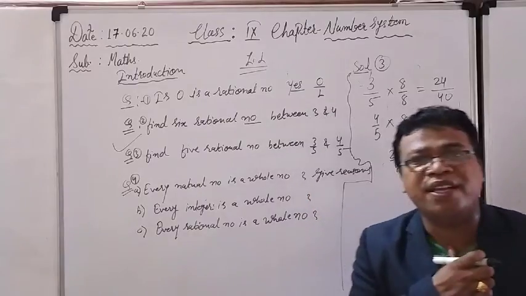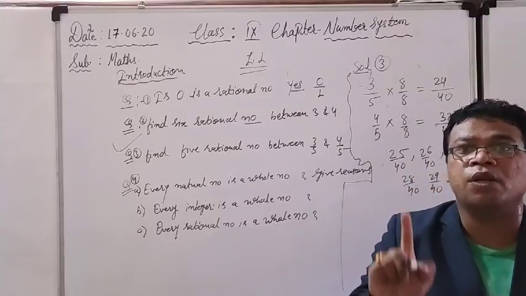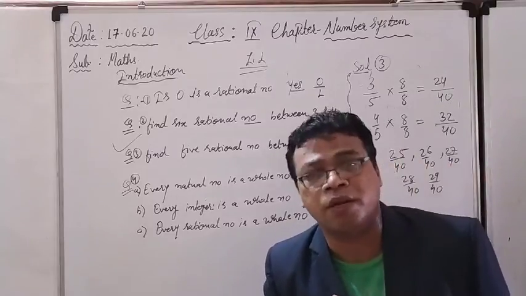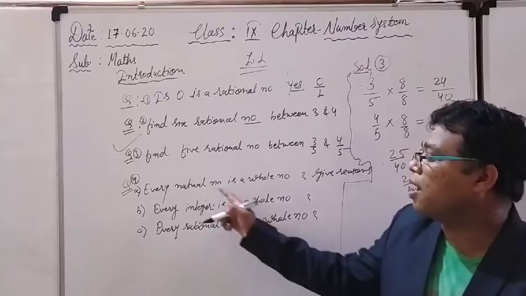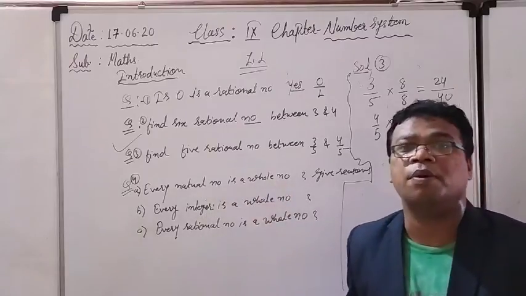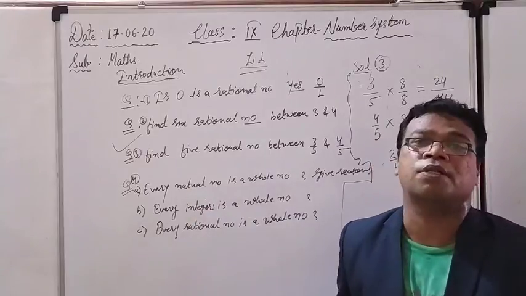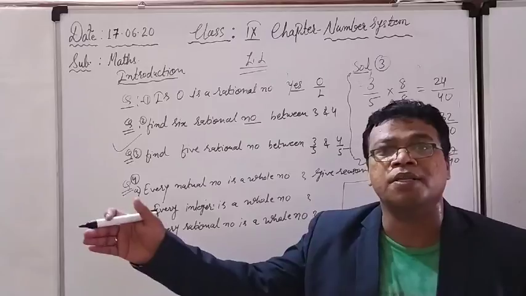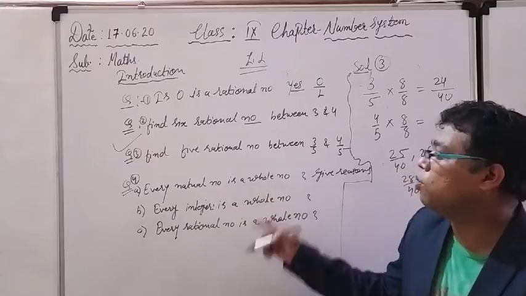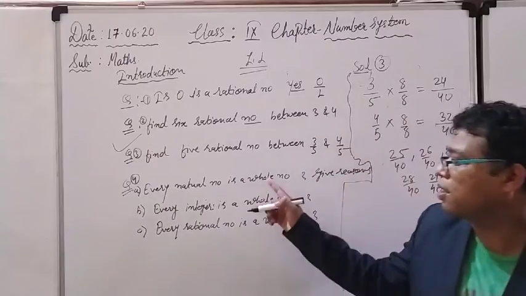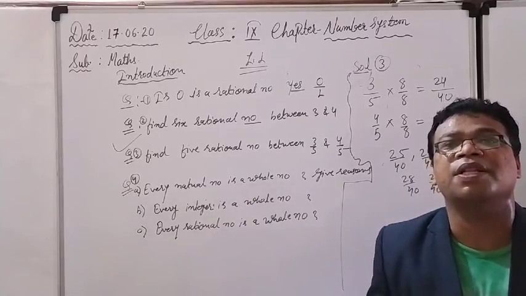Every natural number, can you say it is a whole number? Yes. When we talk about natural numbers, they start from 1. क्या हर natural number को आप whole number बोल सकते हैं? Yes, because the whole number includes all the natural numbers. होल नंबर सारे नेचुरल नंबर्स को इंक्लूड करते हुए और जीरो को इंक्लूड करके बना हुआ है. So is every natural number a whole number? The answer will be yes, because in the set of the whole numbers all the natural numbers have been included. That will be the statement.